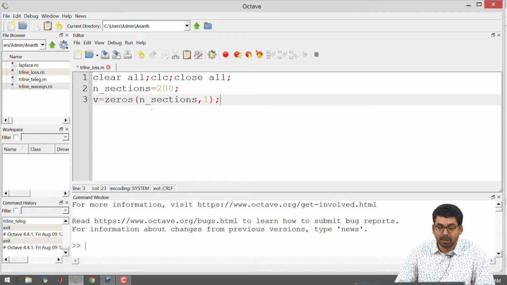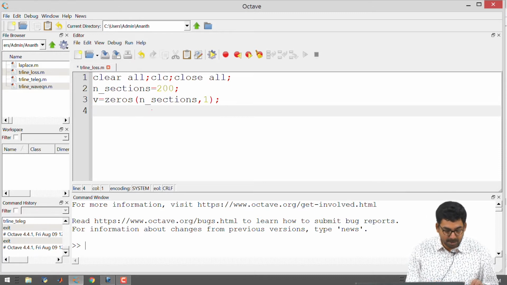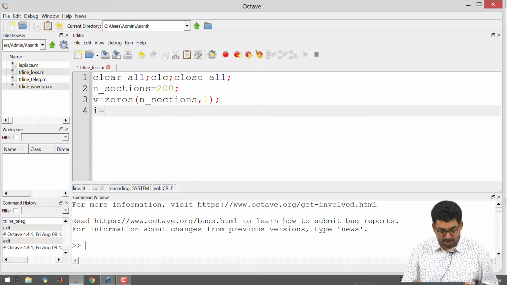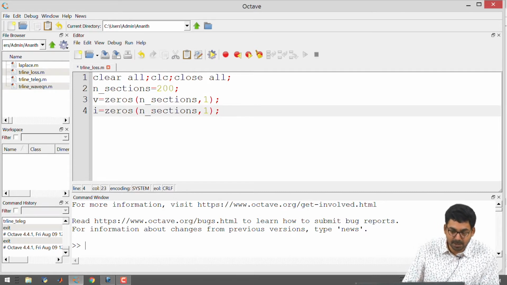So the voltage is now a one dimensional vector having all zeros, and the size of that is 200. Similarly, the current is also going to be zeros, and its dimension is going to be identical.